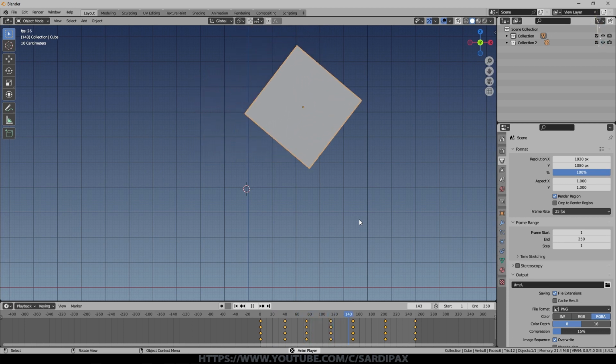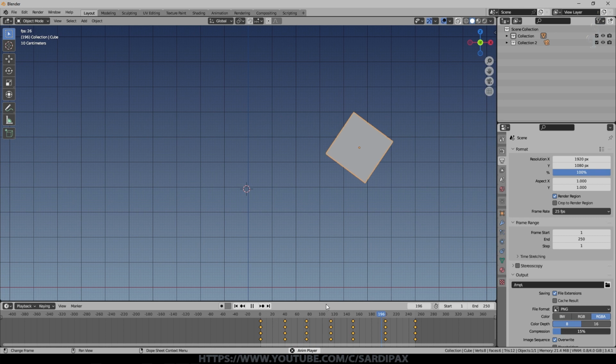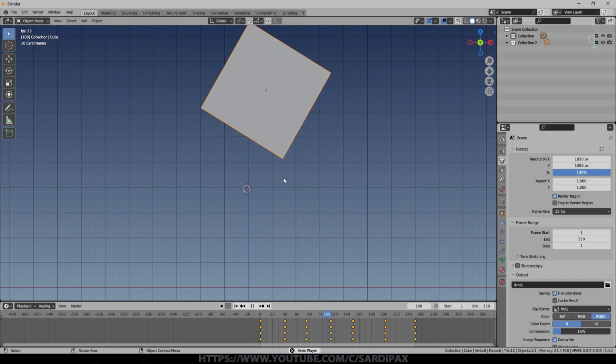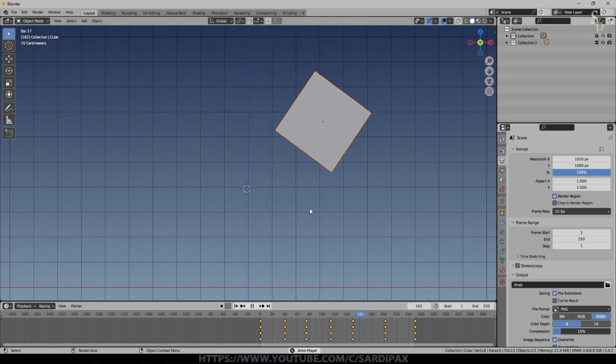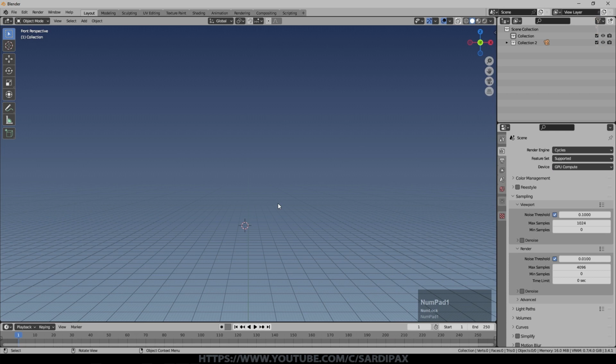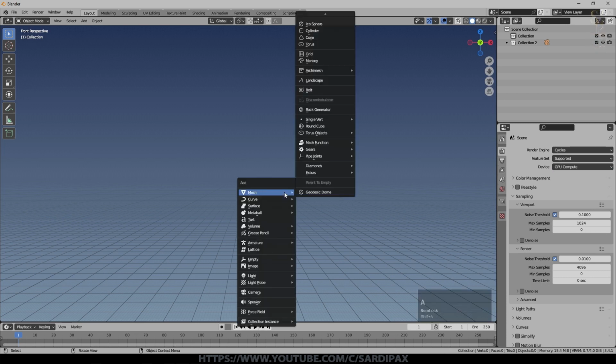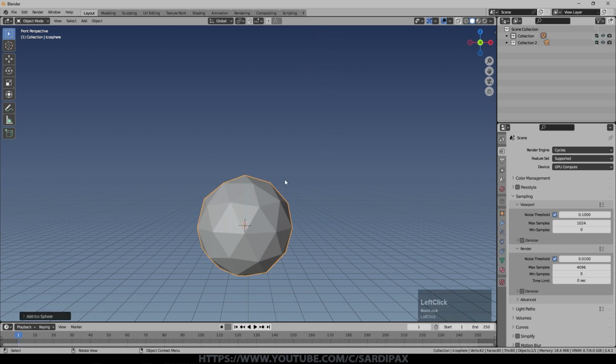Blender is doing what's called tweening. It's working out what this should look like in terms of scale, rotation, and location between the two keyframes that affect whatever parameter it is that is being animated. So what other methods of simple animation have we got? So I'm going to add another mesh, and we'll make this an icosphere just for something different.